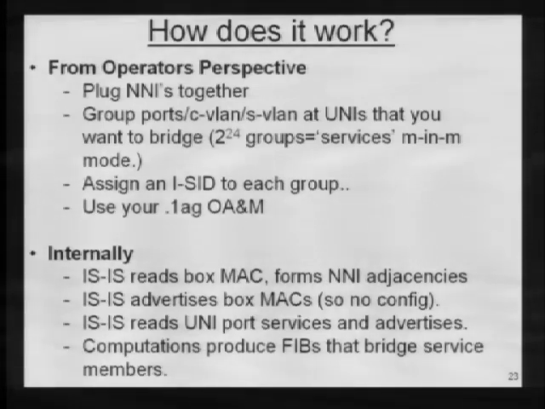You then group the ports either by CVLAN, SVLAN, so either logical or physical ports that you wish bridged, and you have up to 2 to the 24 of such groupings because of the MAC-in-MAC encapsulation. And you then assign an ISID or a service identifier to each one of those. Right? It comes up, and you then have the 802.1ag OAM suite available to manage things